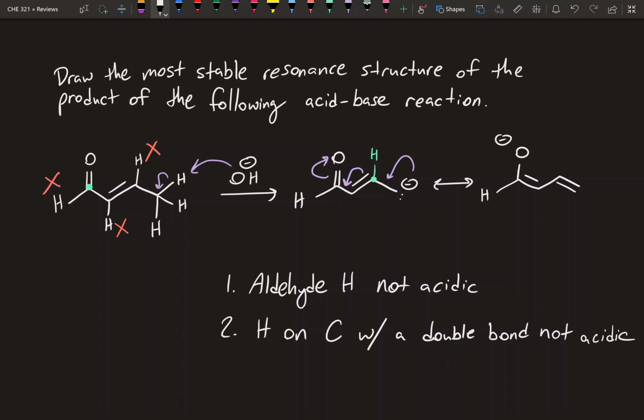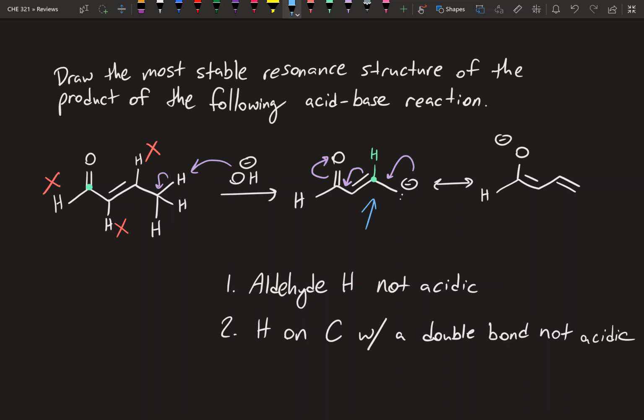All right, so that's our resonance structure. Here we have an oxygen with a negative charge, and we were able to delocalize that negative charge onto the carbon. Because we were able to do that, we know that this, or any of these 3 hydrogens, are the acidic ones. Okay? And once we figure that out, you just want to deprotonate it, and we got